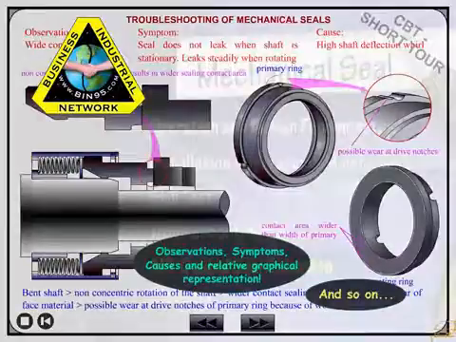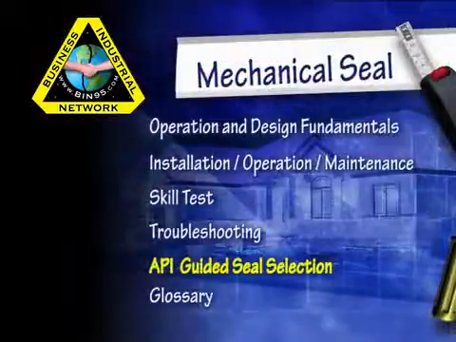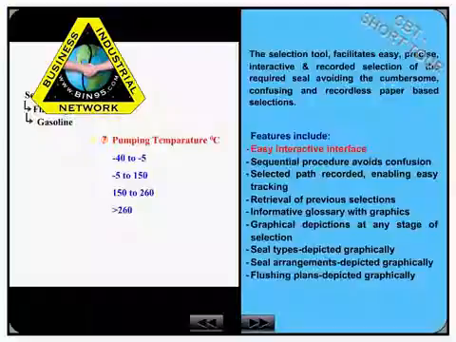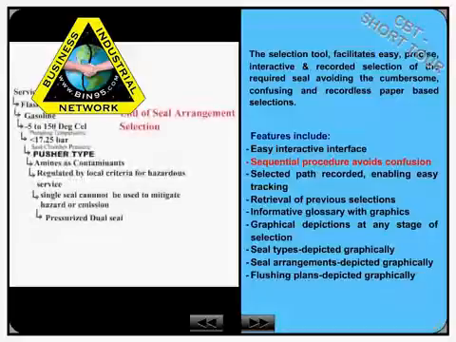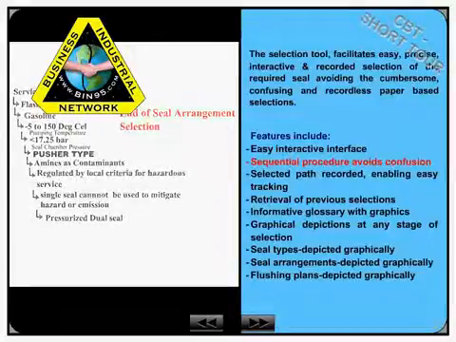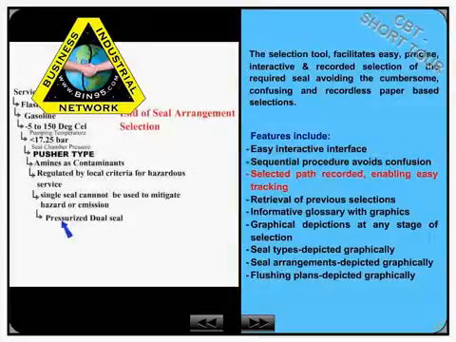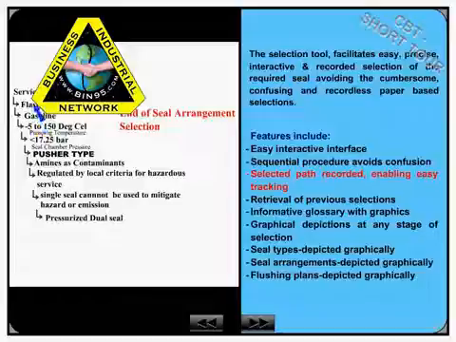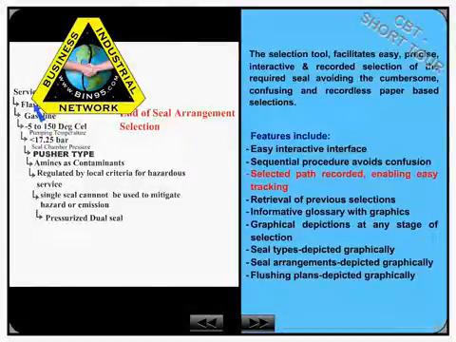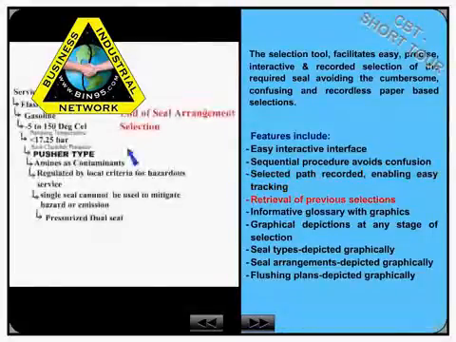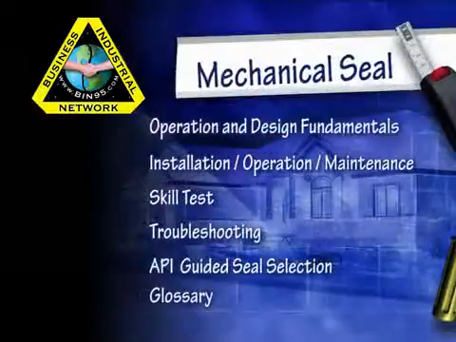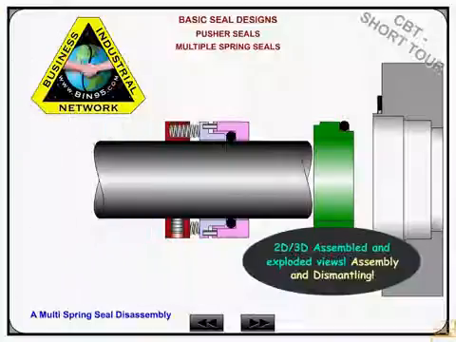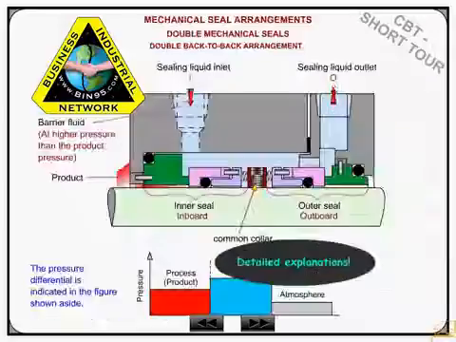problem. The API 682 Guided Seal Selection Tool serves as a valued assistant towards understanding and performing seal selection. The selection tool facilitates easy, precise, interactive, and recorded selection of the required seal, avoiding the cumbersome, confusing, and recordless paper-based selections. This computer-based training on mechanical seals is sure to make a comprehensive reference and maintenance tool for understanding